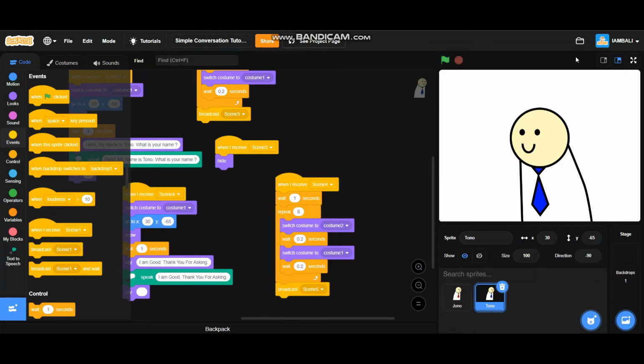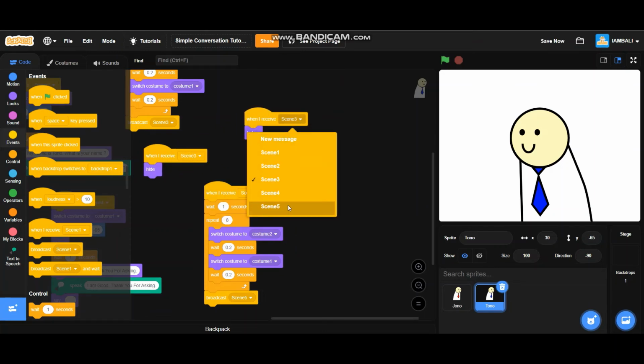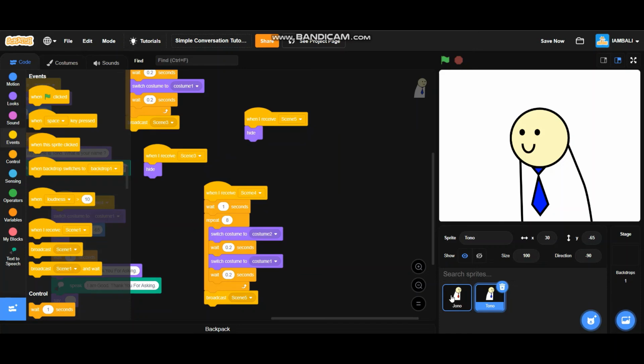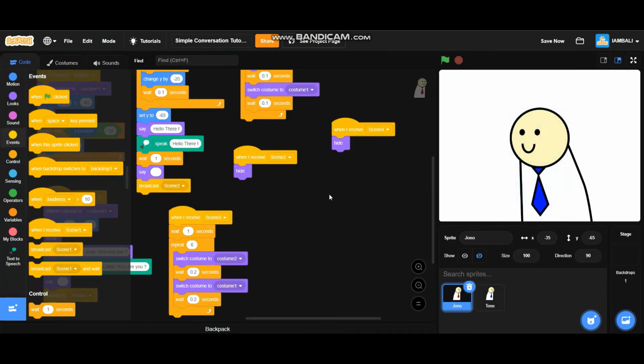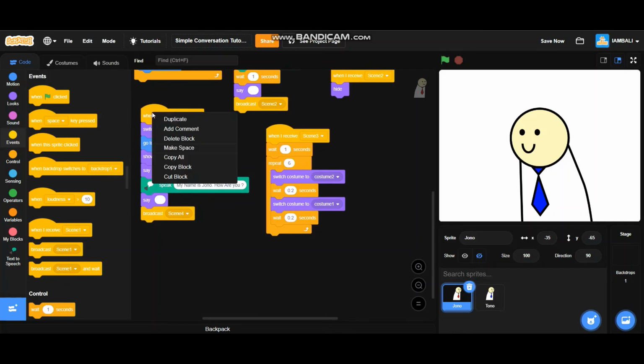Okay, on to the next step. So the last step is making scene 5. To start, duplicate this code. So when Tono receives scene 5, it will hide. Switch to Jono, and then when Jono receives